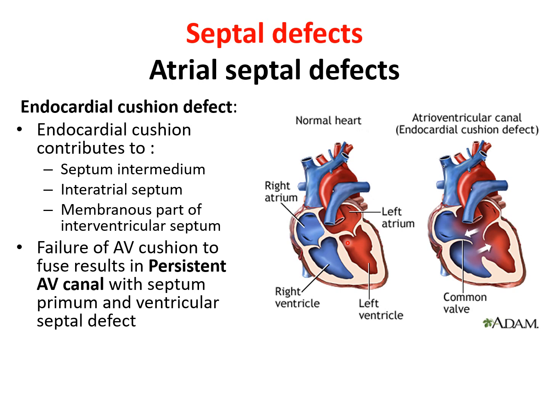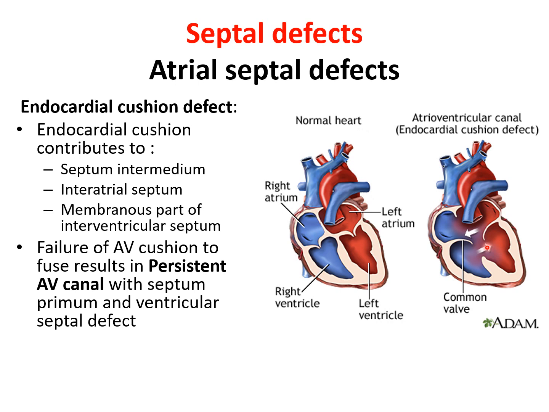So, because of the failure of atrioventricular cushion, there can be a persistence of a common AV canal, first of all, because the septum is not formed, and because septum is not there, the septum primum cannot join with any intermediate septum because it is absent. So that will lead to a septum primum kind of a defect in the interatrial septum. At the same time, membranous septum in the ventricle will not be formed, so it will also lead to the ventricular septal defect in the membranous part of the interventricular septum.